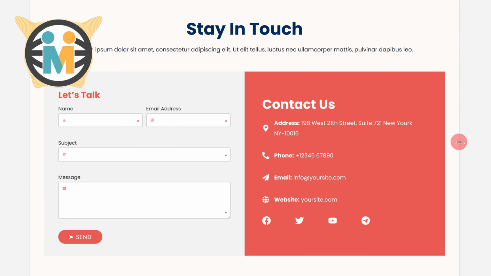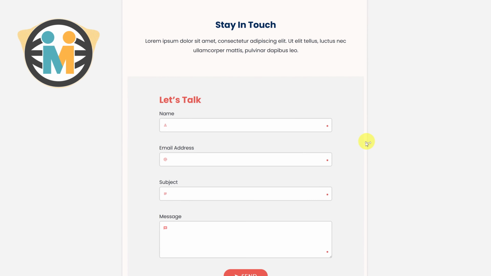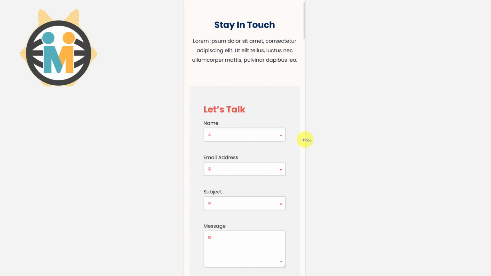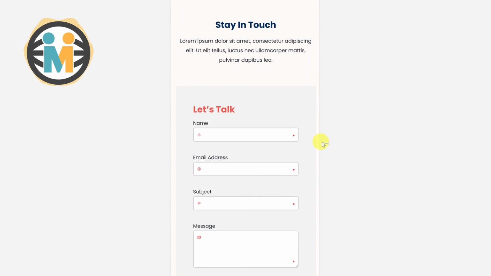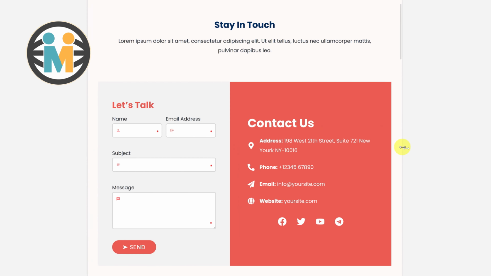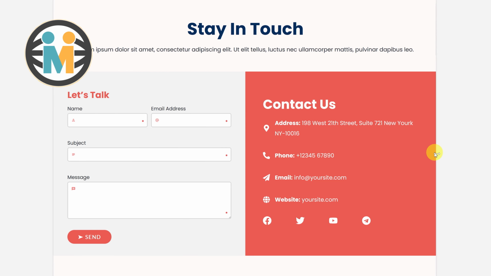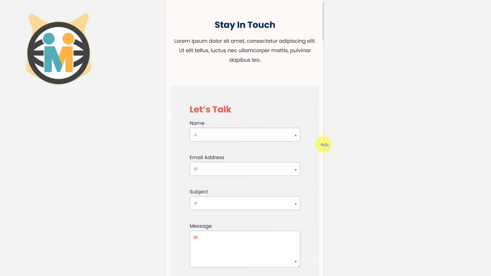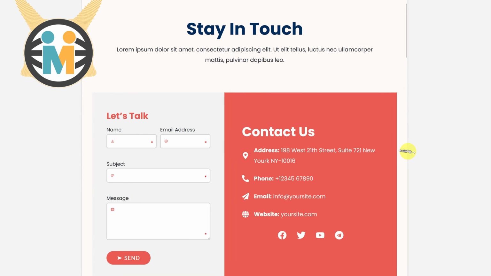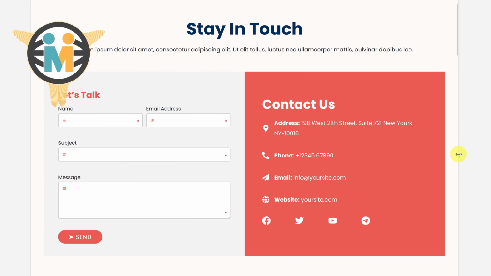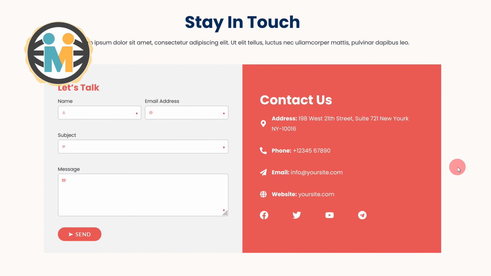Today I'll be showing you how to create a responsive WordPress Contact Form 7 design for your website using the Contact Form 7 plugin. In this Contact Form 7 WordPress tutorial, I will not only show you how to customize your contact form, but also how to make it highly responsive for any device. Before we begin the process of creating this Contact Form 7 style, let's take a look at the final version